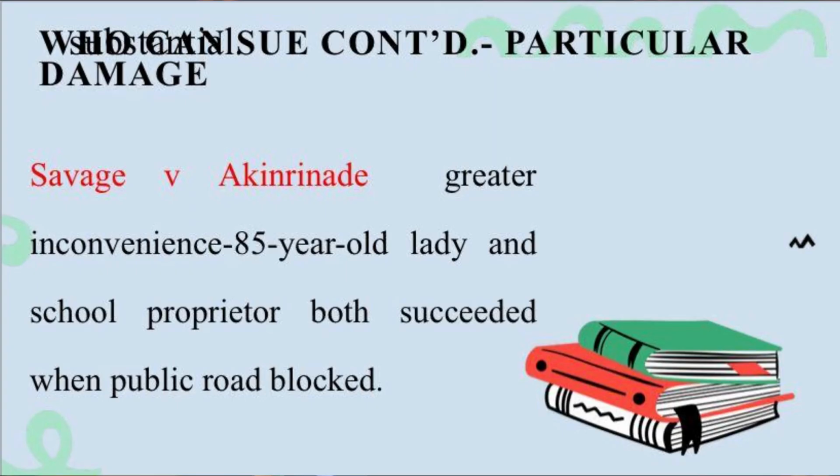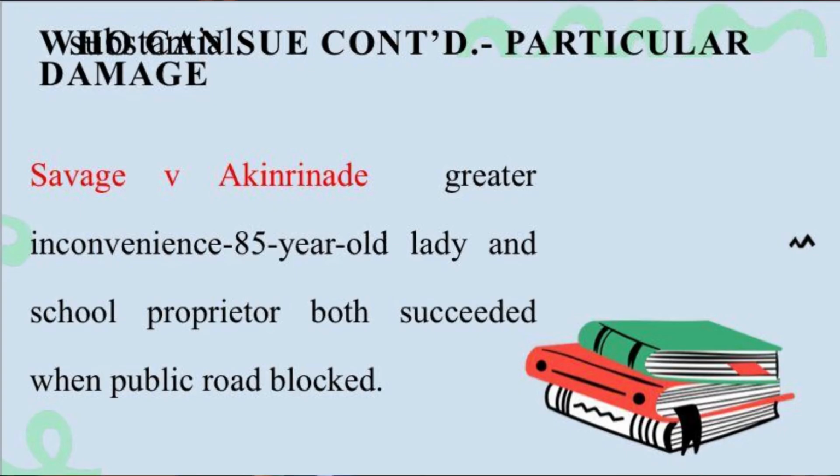They can prove that they have locus standi by demonstrating that they have suffered particular damage, a damage that is over and above what others have suffered. And I would encourage you to look at that case, the facts, and get yourself familiar with that case. Then the concept of particular damage: you have also mentioned other cases like Savage and Akinriyade earlier on, Winter and Derry, and then Rose and Miles.